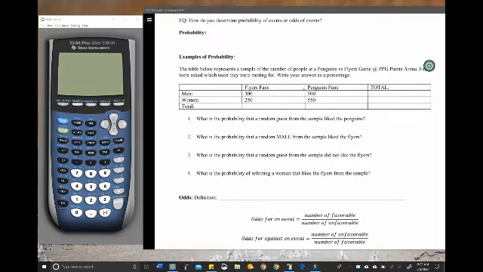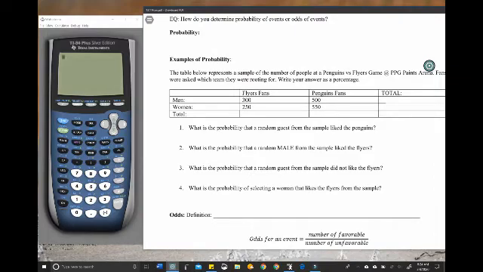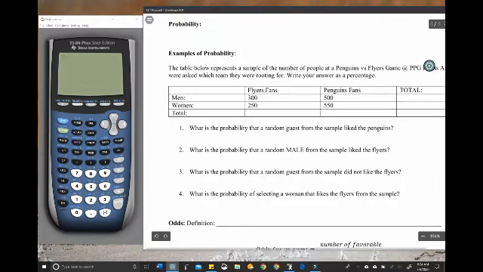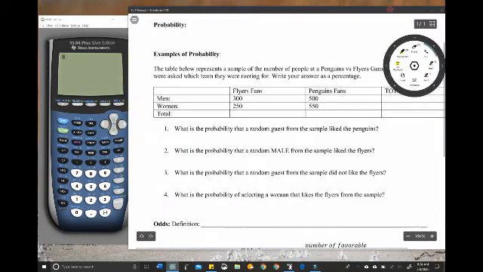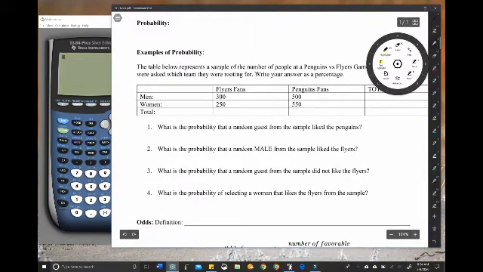So let's get started. First off, how do you determine probability of events or odds of events is our essential question. With probability, the main idea is that it's kind of like a fraction. And what it is, it's the likelihood of an event